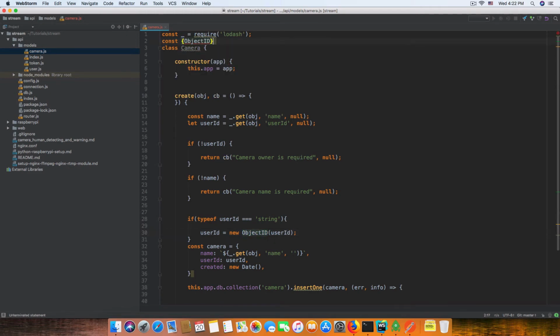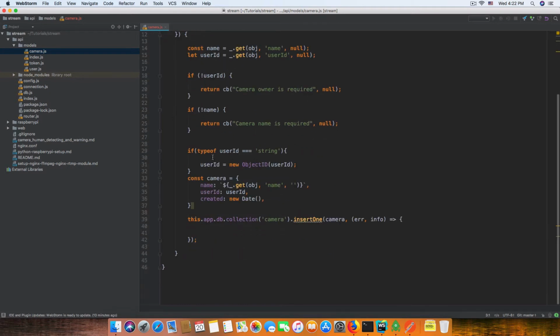Const ObjectID equals require MongoDB, and we can use it. That means if user ID is a string, we need to convert the string into an ObjectID